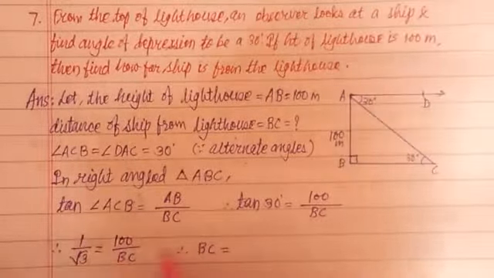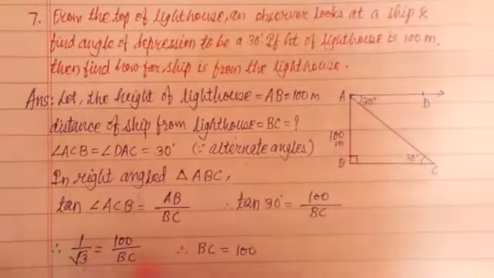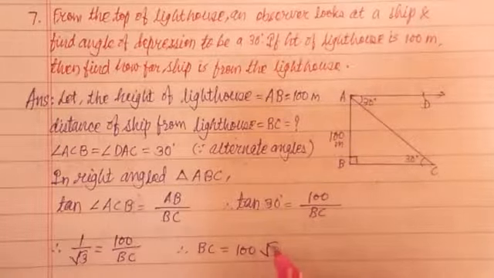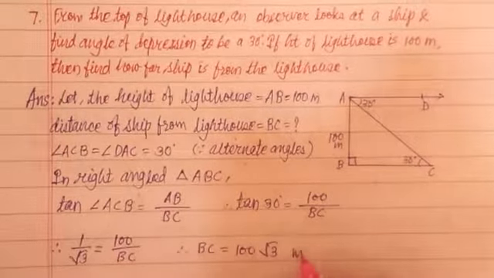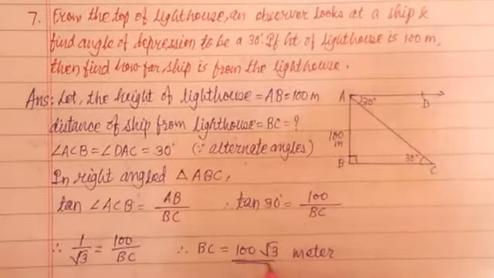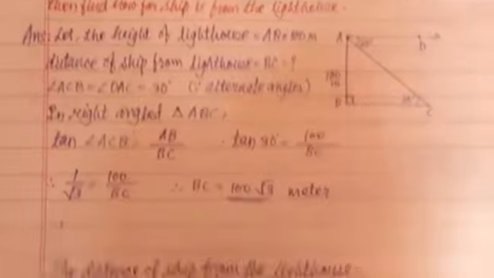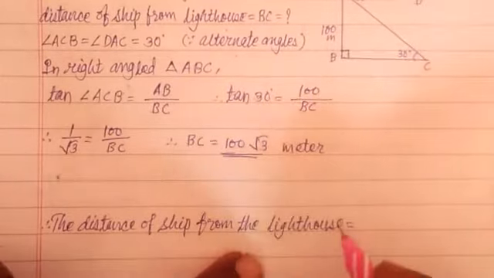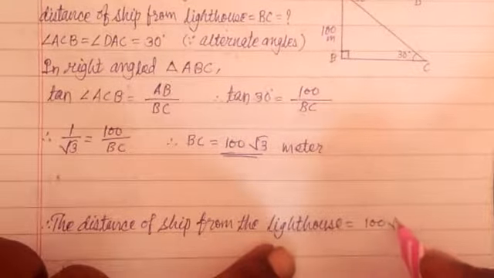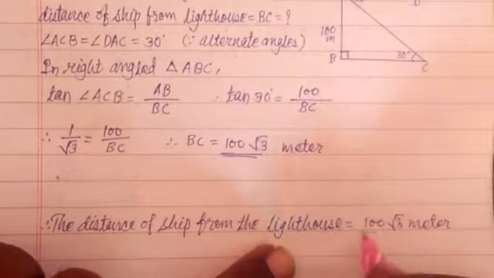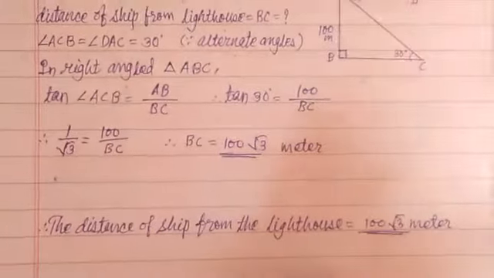is equal to 100 into root 3 meter. This is the answer. And hence the distance of the ship from the lighthouse is equal to 100 root 3 meter. This is the answer. Then, eighth example,